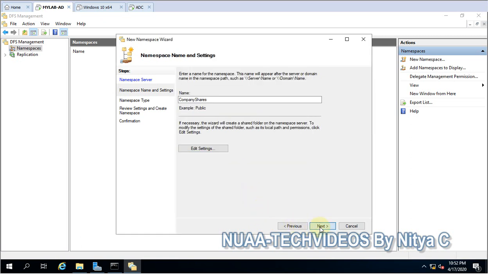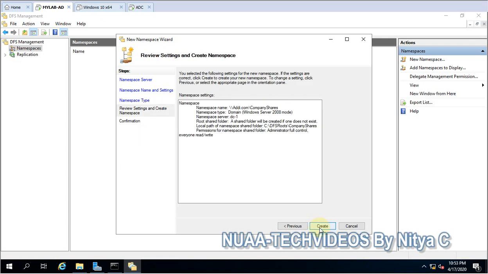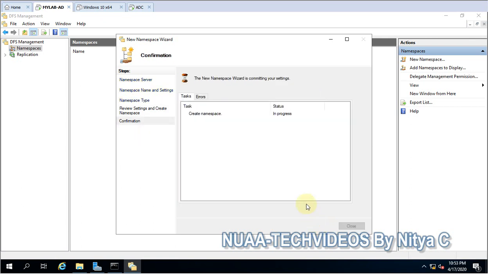Okay, then next, here we have two options, domain based namespace and standalone. So we are going with the domain based namespace. Enable Windows Server 2008 mode, that's fine. So the default option we will go with, and next, and create.